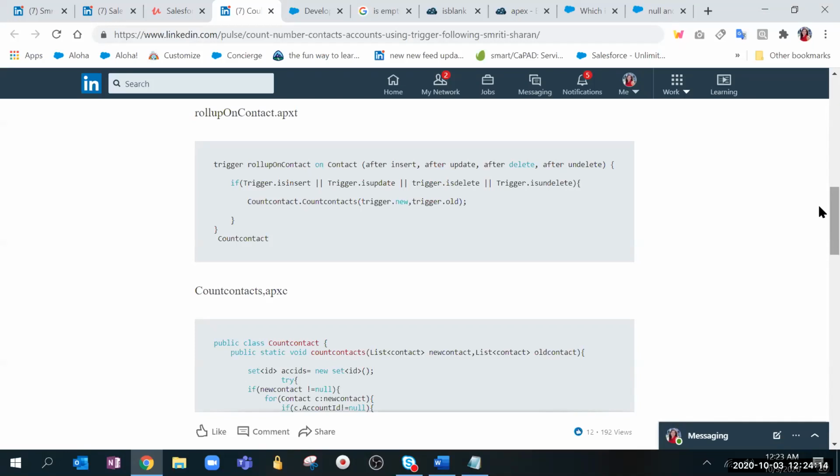We can just call the method by the class name. Count contact is a class name and count contacts is a method name. Since the method is static, we call it directly and pass trigger.new and trigger.old values into the two lists, new contact list and old contact list. So we're transferring all the logical part of the trigger into the handler. A handler class is nothing but another Apex class.